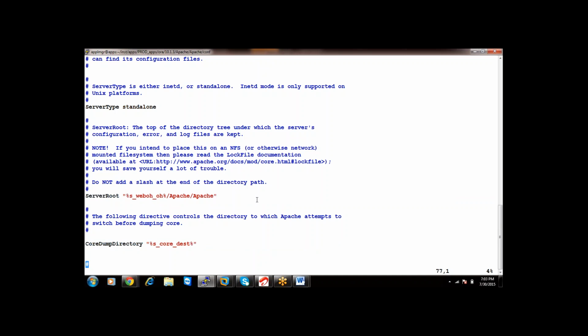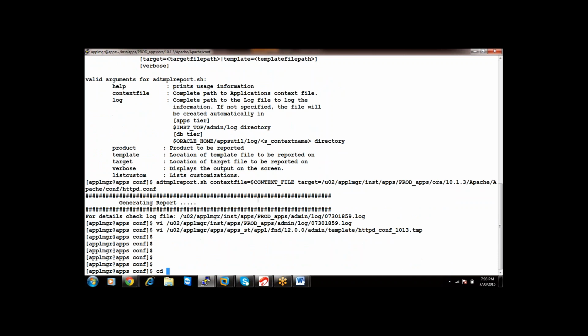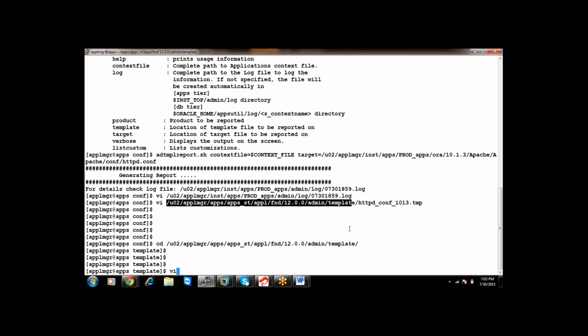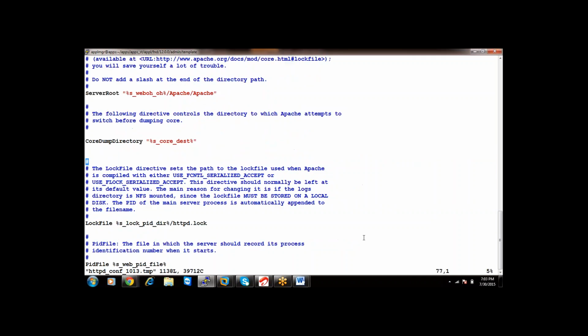Come to the template file location. Go to the template file location and open that file. Here you have to make some changes.